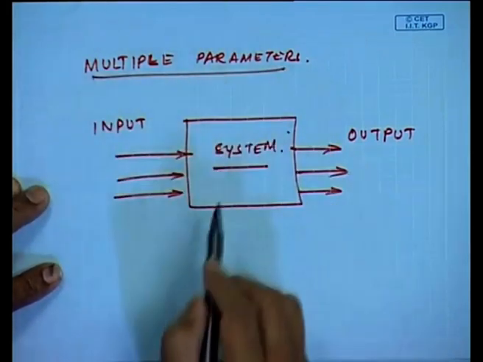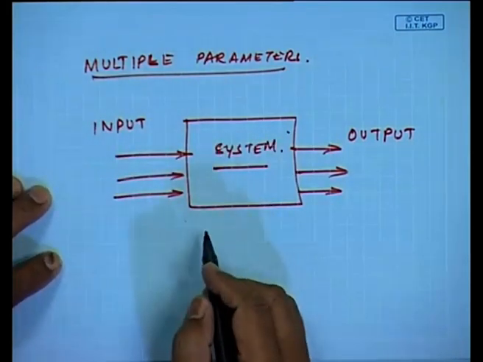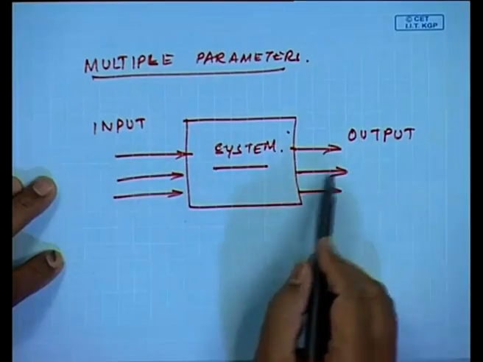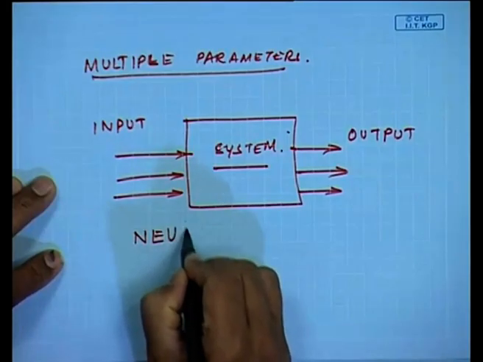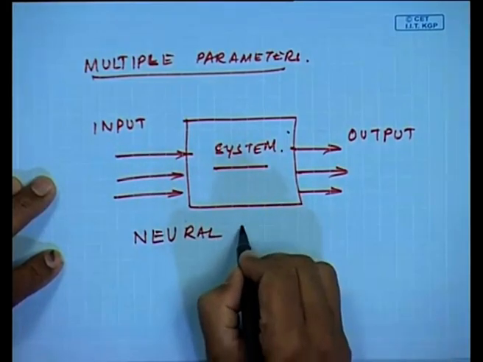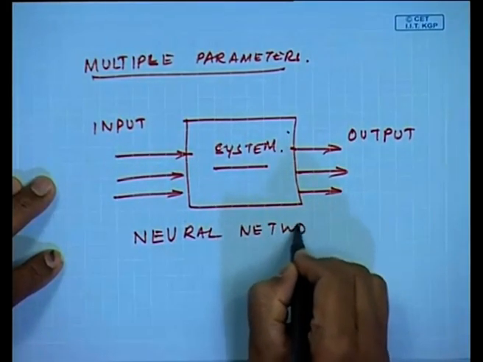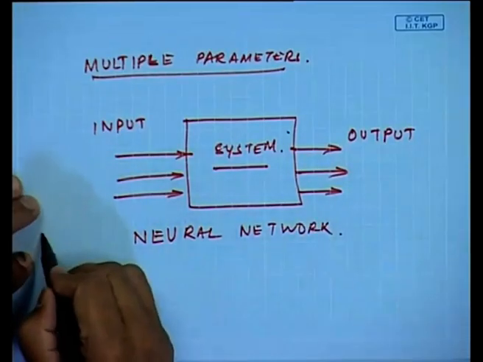Such an analysis becomes very difficult humanly, to determine the input parameters and output parameters. So people use what is known as a neural network, or artificial neural network,